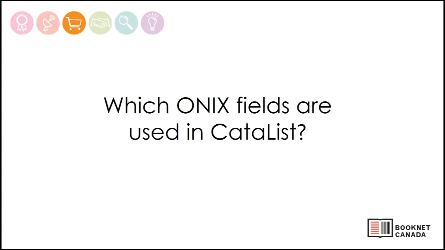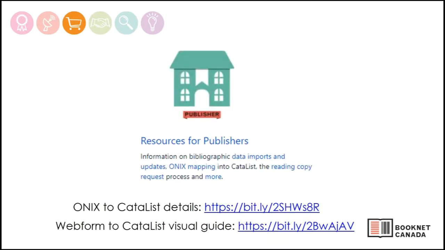If you want to know which ONIX fields are used in CataList, this is an easy question to answer. We have a document available, the ONIX to CataList details. That's in the section called Resources for Publishers. If you go on the Help link, you can go directly down to the Resources for Publishers, where they have the ONIX mapping and all of the details for which fields get mapped into which